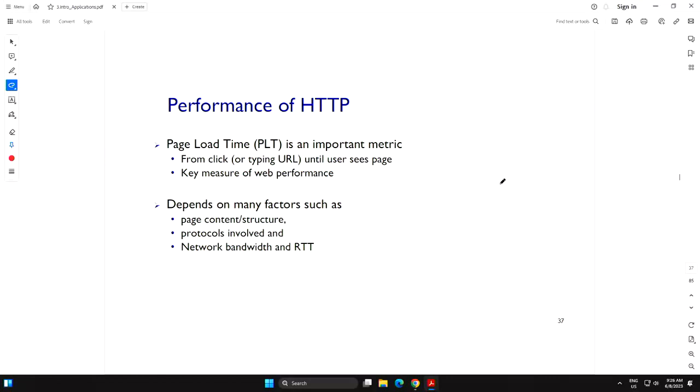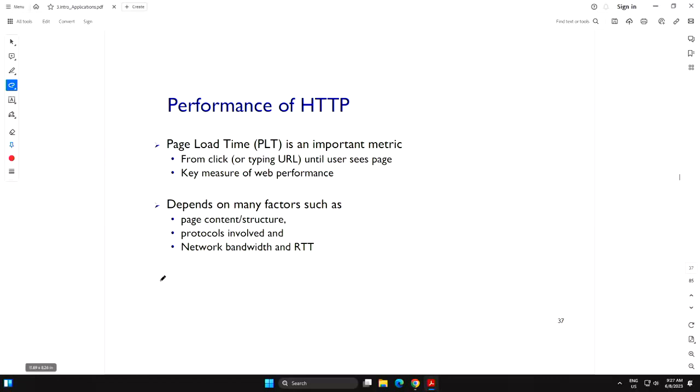Because HTTP cannot do its job on its own. It needs the services of TCP. And that's what I'm going to explain to you. What is this interference? What is this interaction between TCP and HTTP that creates this bottleneck in page loading time? And what can we do to improve it? Are there any standard solutions? And what are the fundamentals behind those protocols?